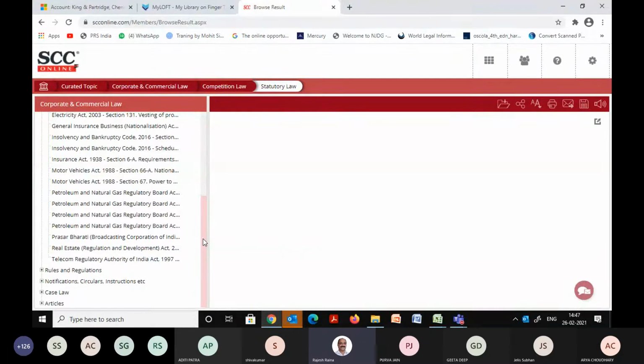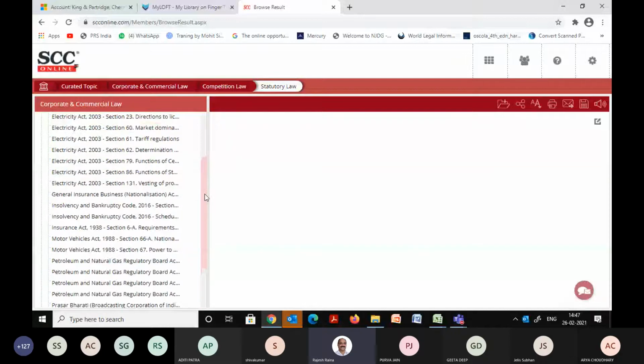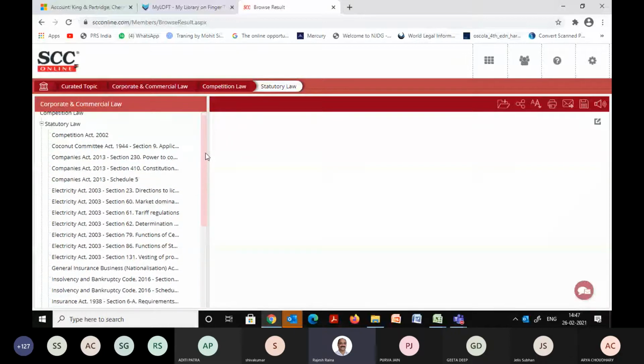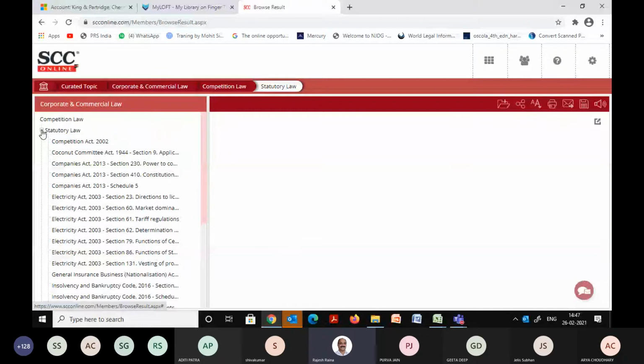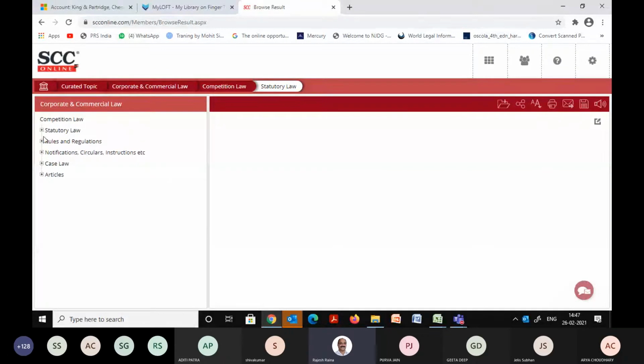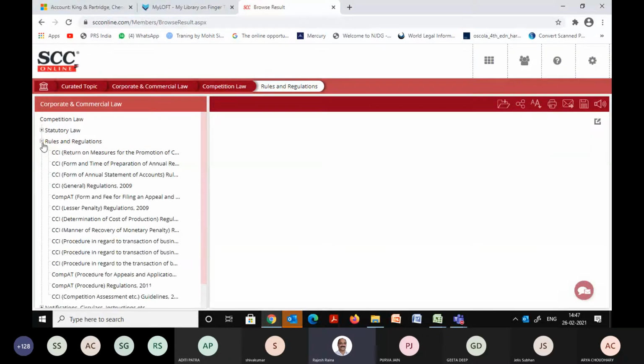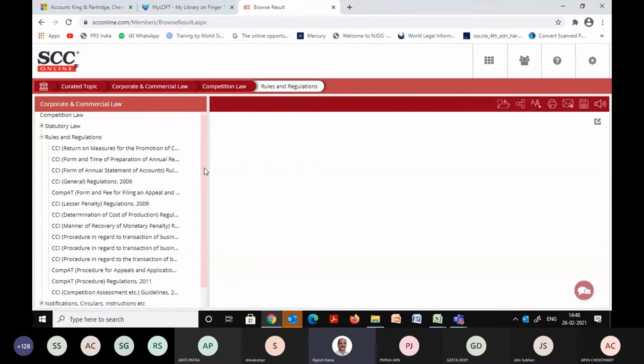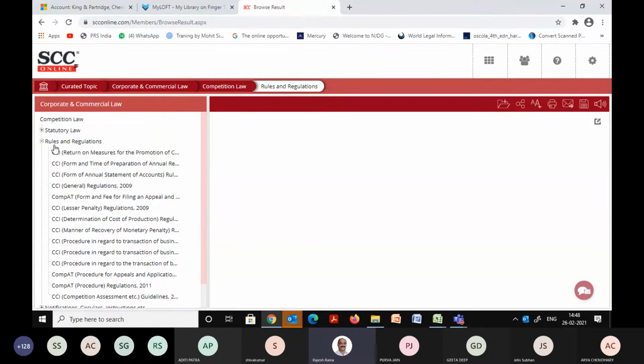You would have also got this information from the search method, I mean the first research section, but then all this information would have been scattered and you had to gather them and link them, I mean put them at one place. Whereas here it has been already done for you. That's why it's known as curated topics. Same goes with the rules, regulations. You have the Competition Commission of India. Apart from that, you have the appellate tribunals also under the rules and regulations.